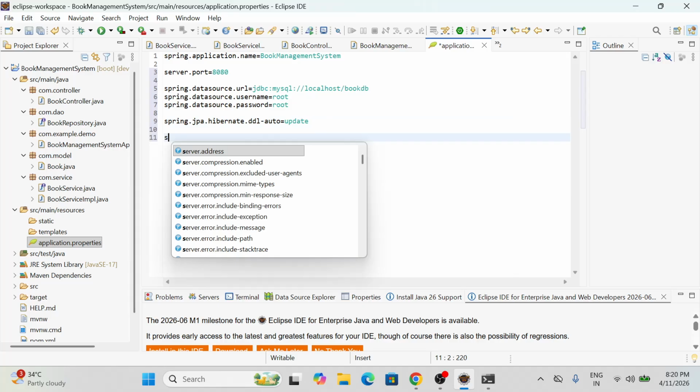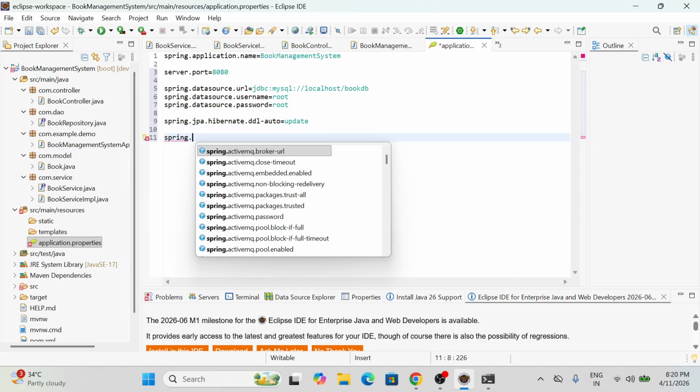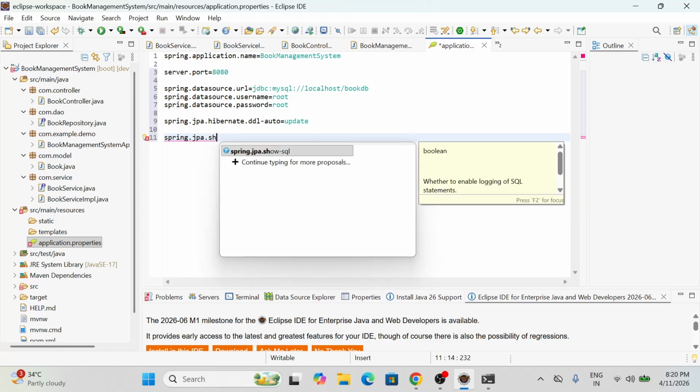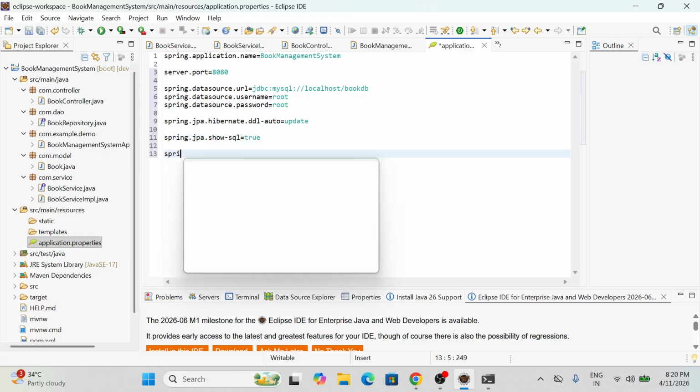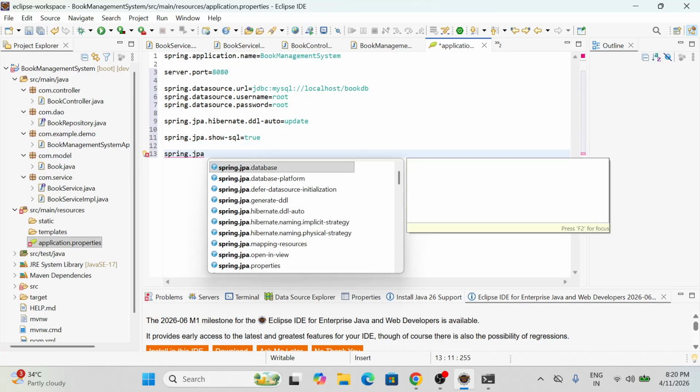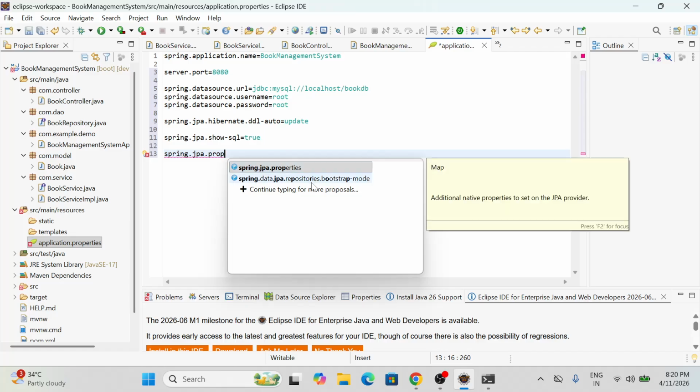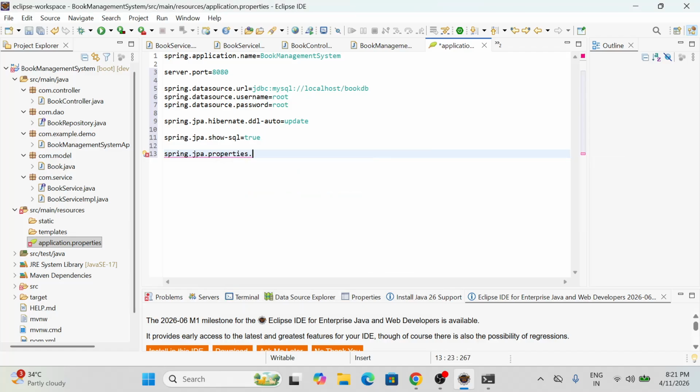Then if you want to show the SQL query, spring.jpa.show-sql, you can give true. And spring.jpa.properties.hibernate.dialect. Spring.jpa.properties.hibernate.dialect